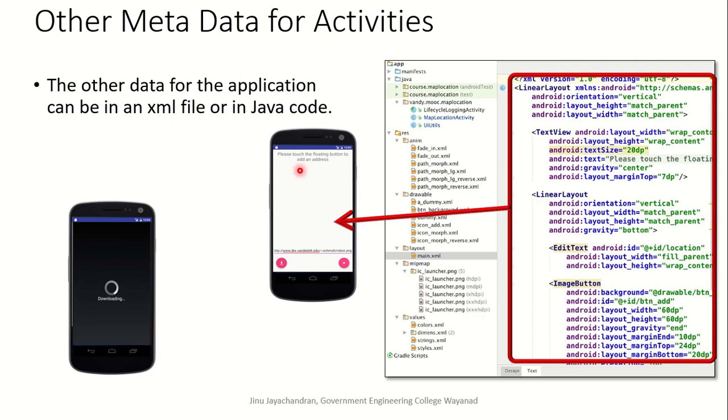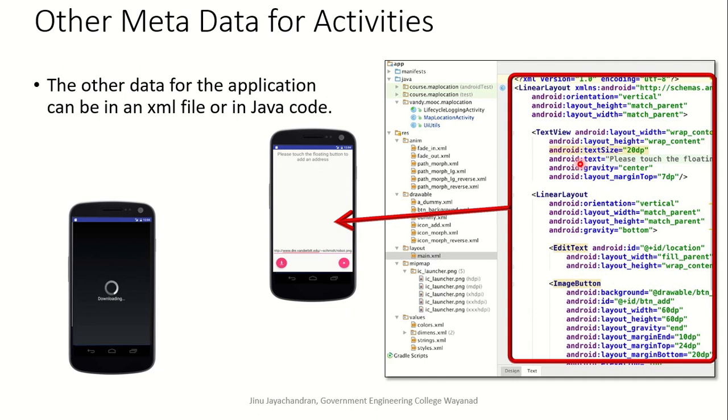Now each of these activities is basically a graphical user interface, or GUI, and the activities will have some buttons or text fields or any kind of user interactive components. These are all described in an XML file that we have seen also in the last lecture.